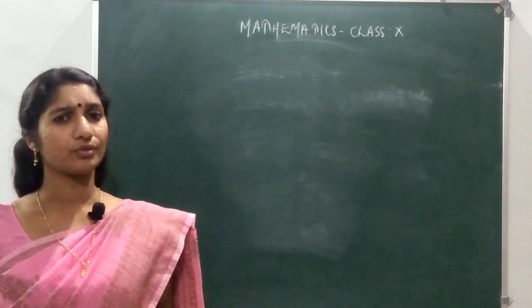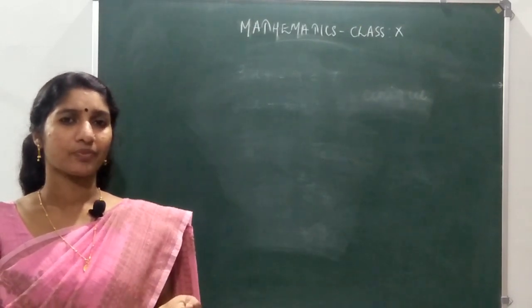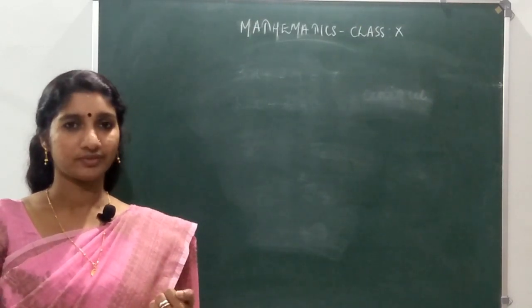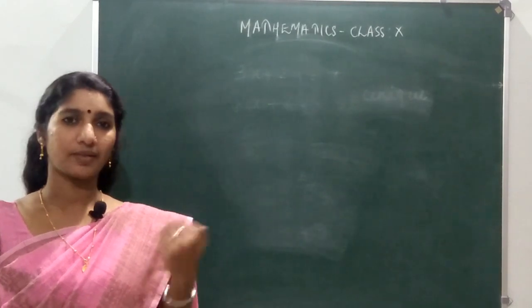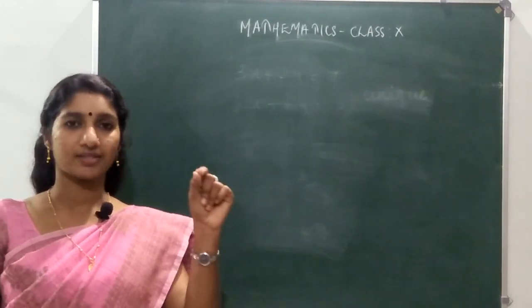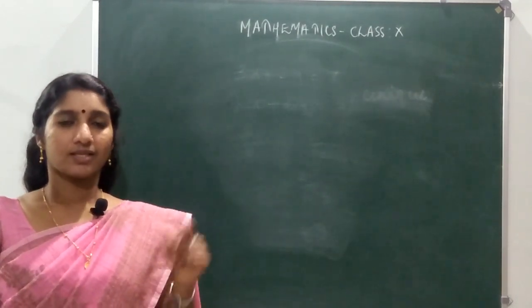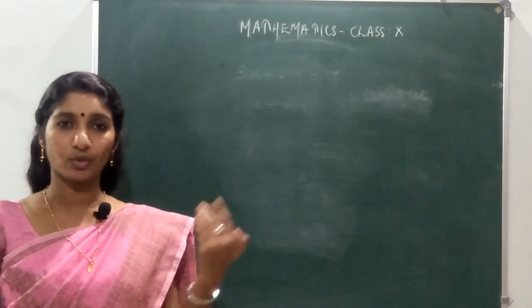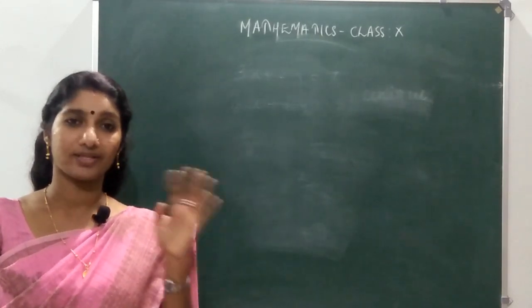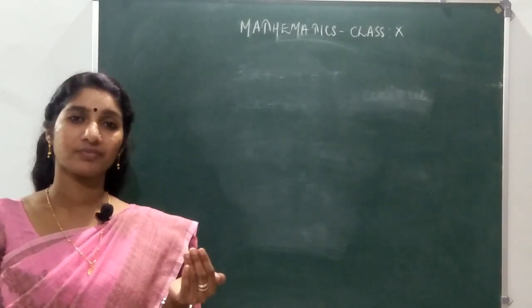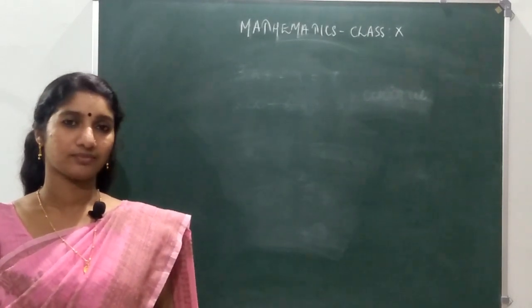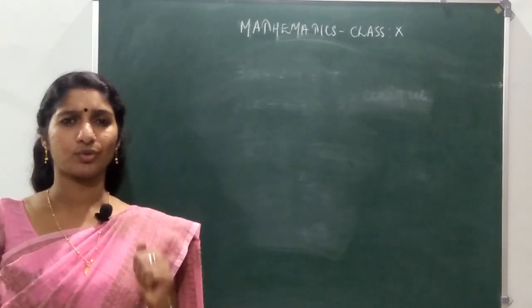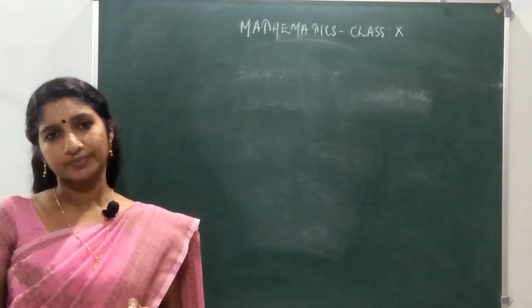So, what you need to do to solve? You need to draw the graph of both straight lines. Sometimes they will intersect, that is their common solution. Sometimes they will go parallel, no solution. Sometimes they will coincide with each other. So, infinitely many solutions. Okay, and you know how to draw the straight line, I am not repeating now.